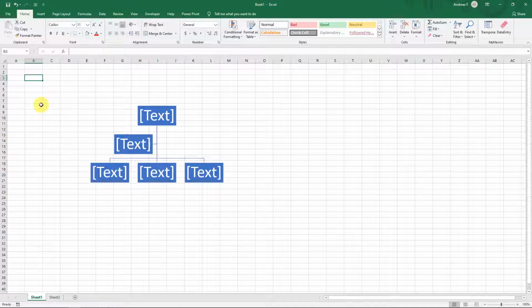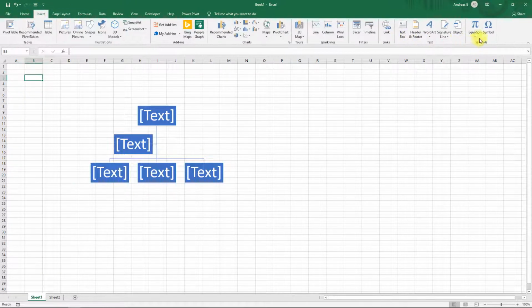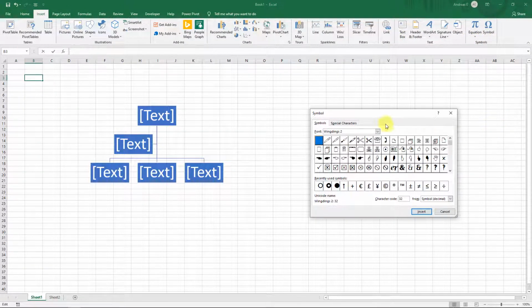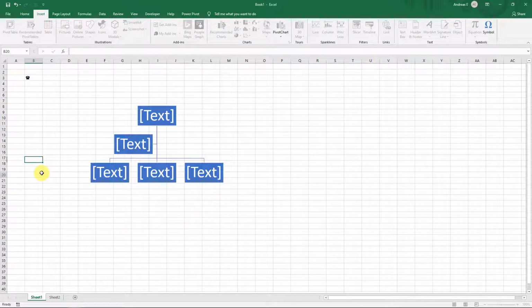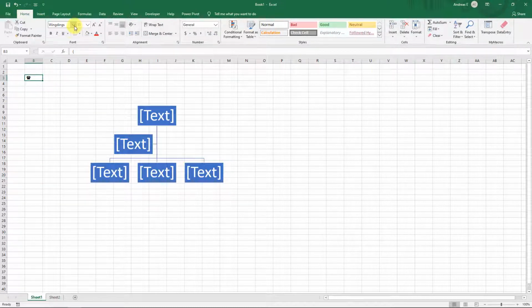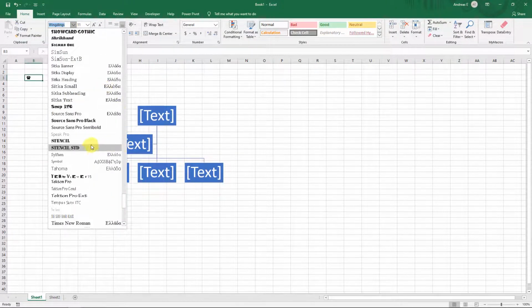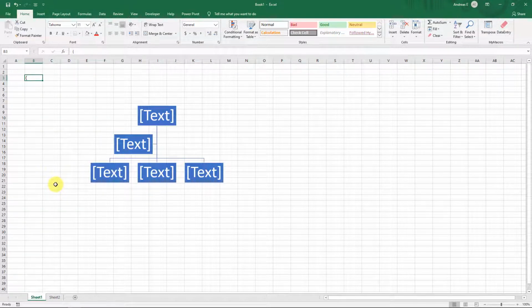Now click any cell. To add symbols like arrows, etc., from the Insert tab, click on the Symbol button. There are some fonts like Webdings or Wingdings that have only symbols. Click on this and press Insert. Remember that if you change the font, the symbols may not work properly because the symbols may not have been defined for those fonts. Return to the data table.